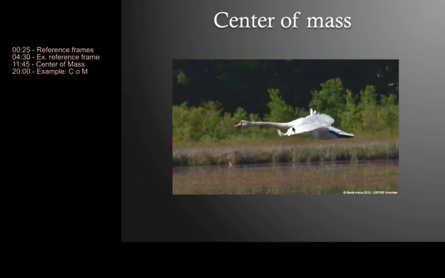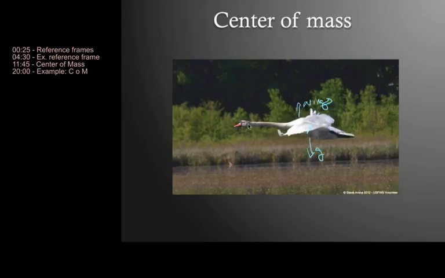So going back to our mute swan. Here the swan flies over this nice quiet lake. We could say that the center of mass of the swan has to be somewhere back here. The wings are supporting its weight. We know that gravity is trying to pull it down, but the wings keep holding it up. And so one of the reasons why it has to stretch its neck out like this is in order to help the swan balance about this point.